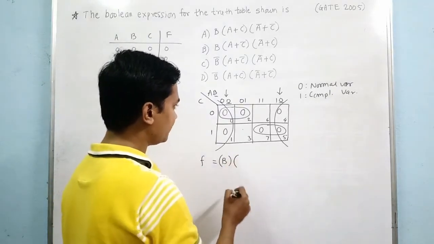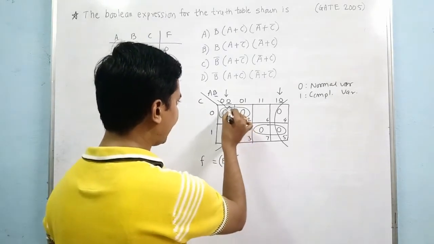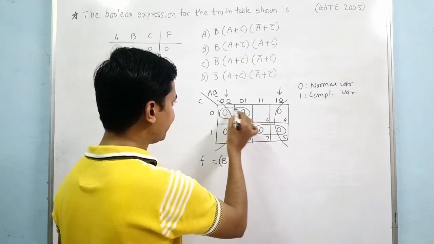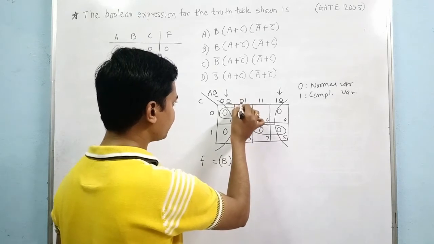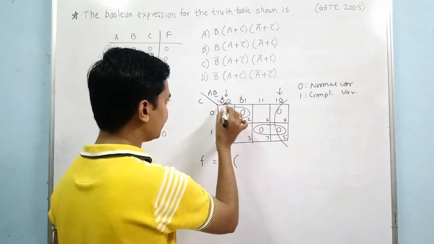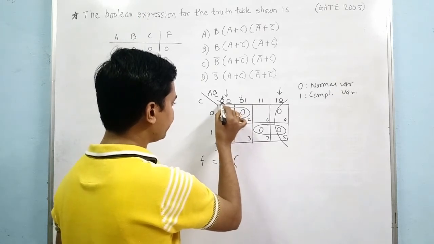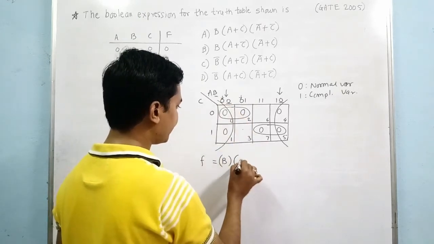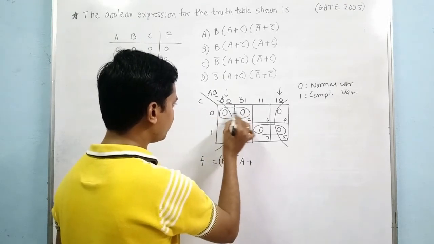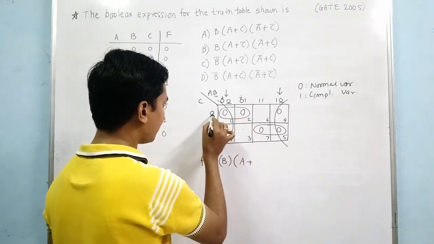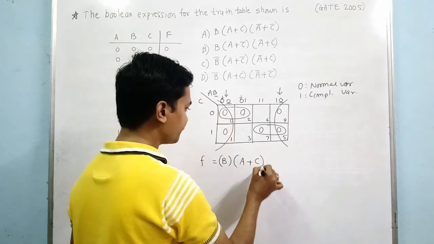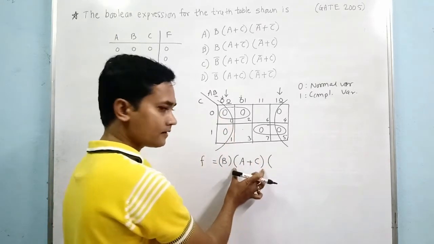Second summed term is, we can have this second group of these 2 zeros. So find out which bit is common. First bit is common, right? So this bit and this bit is common. So the first bit is for A variable. So write here A. Then for these 2 zeros, this 0 is common, which represents the C variable. Write here C. Okay, so this is our second summed term.